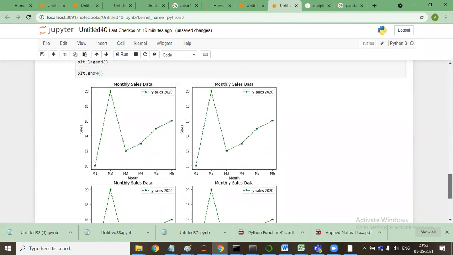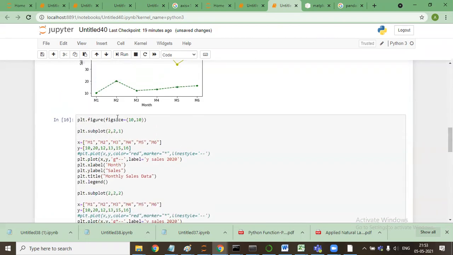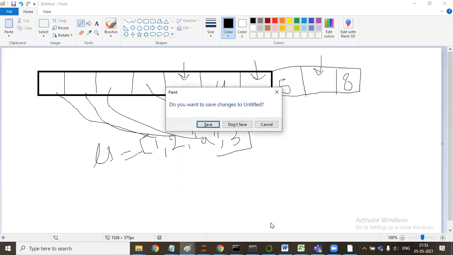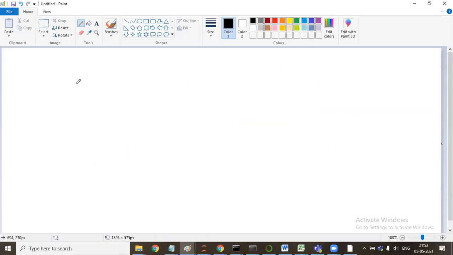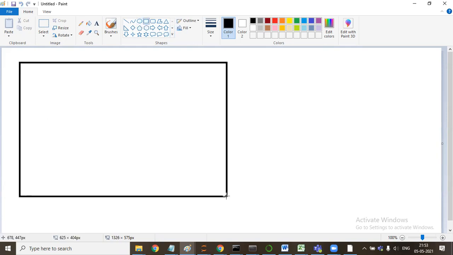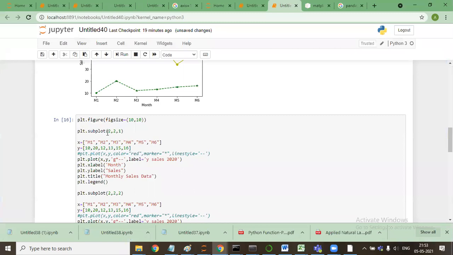So now let me tell you, when I say plt.figure 10 comma 10, what it does, let me tell you. It will allocate a 10 by 10 area to me. And when I say plt.subplot 2 comma 2 comma 1, this means 2 comma 2 is 4.